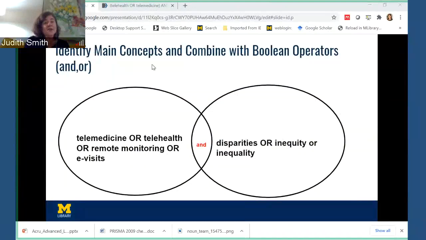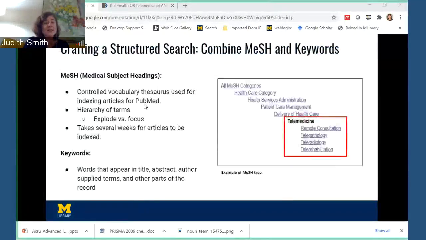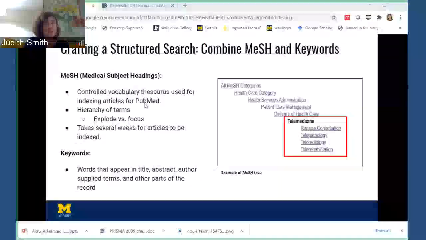You want to do that because you're covering your bases in terms of what you will retrieve. The controlled vocabulary is helpful because you're scooping up everything at once that's tagged that way, but indexing isn't perfect, and it takes several weeks for items to be indexed, so you would miss recent relevant items. And using the keywords, you're using terms that people searching might use or that authors are using. So you're increasing your chances of retrieving what you want by using both.